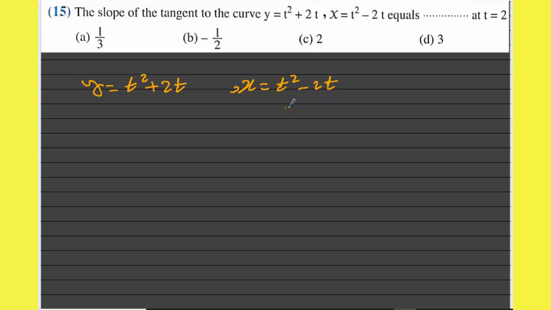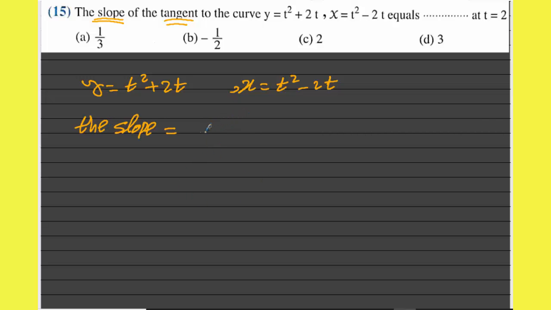It is a parametric form for the curve, the equation of the curve y equals t square plus 2t and x equals t square minus 2t. The required here is to find the slope of the tangent. The slope equals